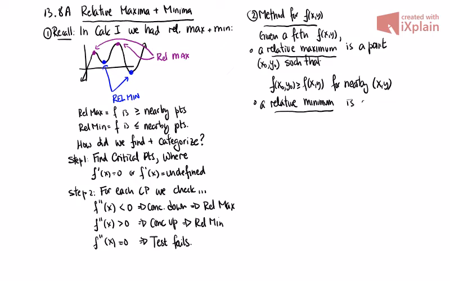This is a point x0, y0 such that f of x0, y0 is less than or equal to f of x, y for nearby x, y. So a picture for something like this